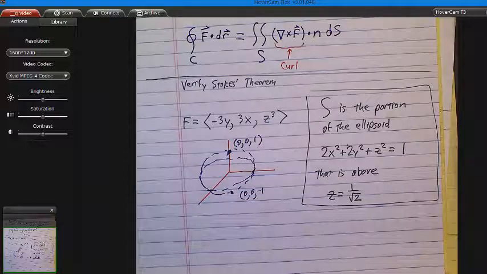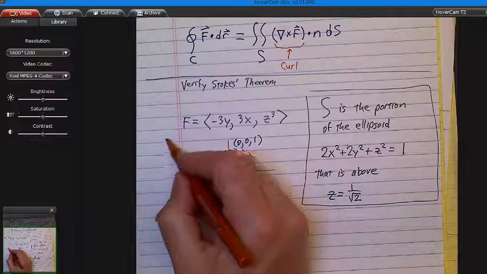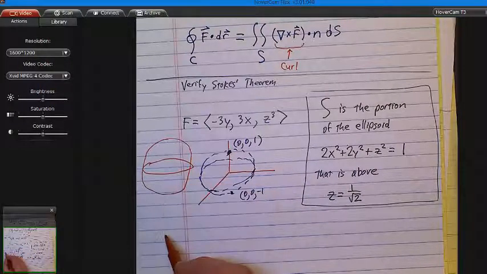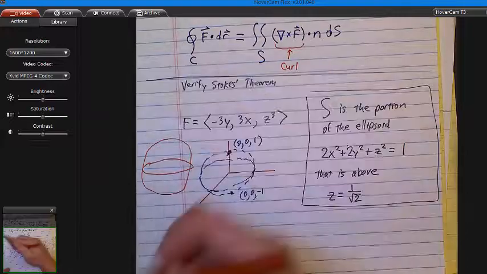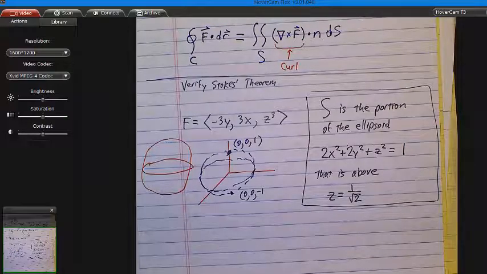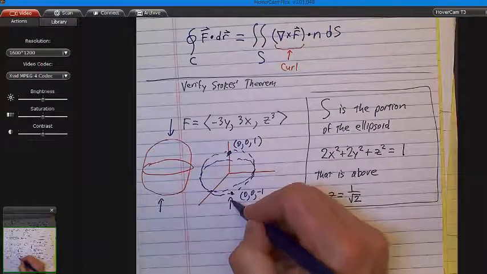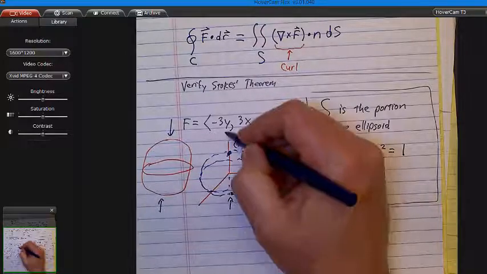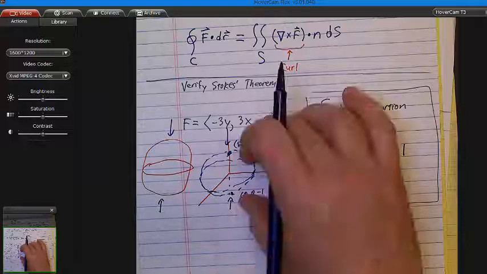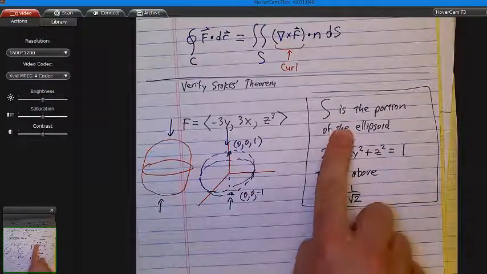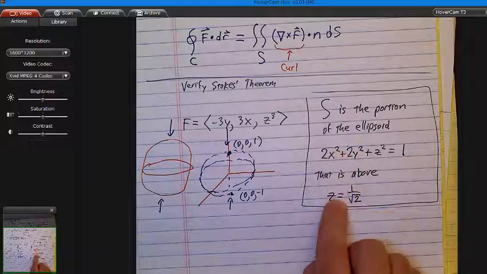Right? So let me show you the difference. The sphere would look like this. The ellipsoid is, I had a sphere, but I squashed it, right? And that's why this only comes up to 1 and negative 1. You guys with me? Now, when I say S is the portion of the ellipsoid that's above this plane, so